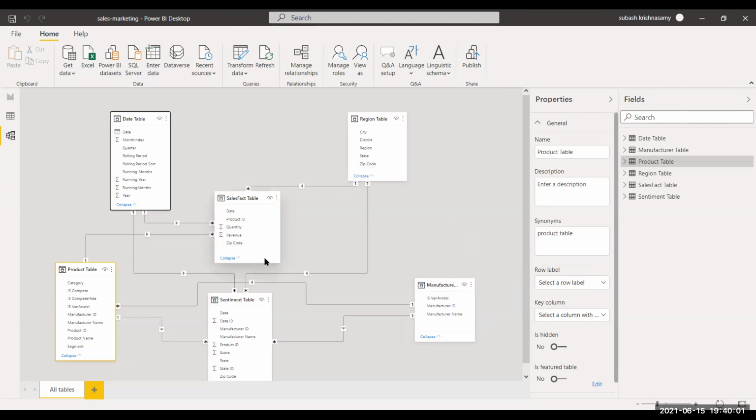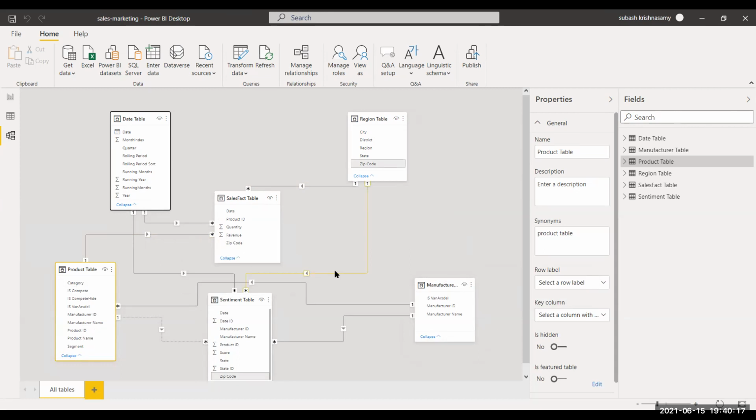But what is happening right now is that product ID is flowing in this table over here, and you have matched this table to this table. Now when you come over here with the sentiment table, you are connecting to product ID one more time.